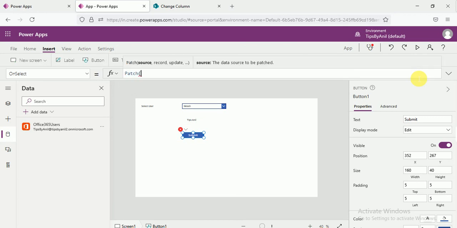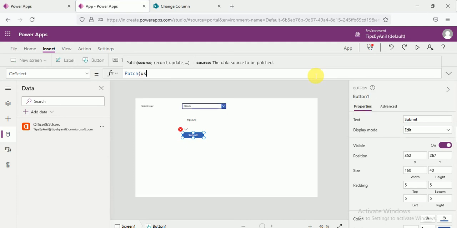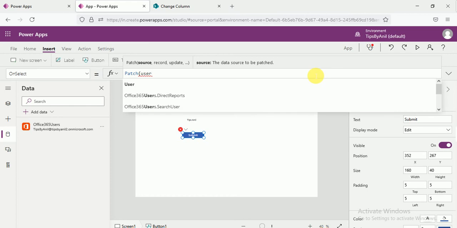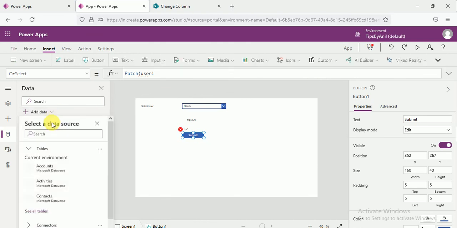I'm going to apply the patch function because sometimes you need to insert the data in two different lists, and at that time you need to apply the patch function. In the patch function we have to pass the user info list. We have not bound the list over here.